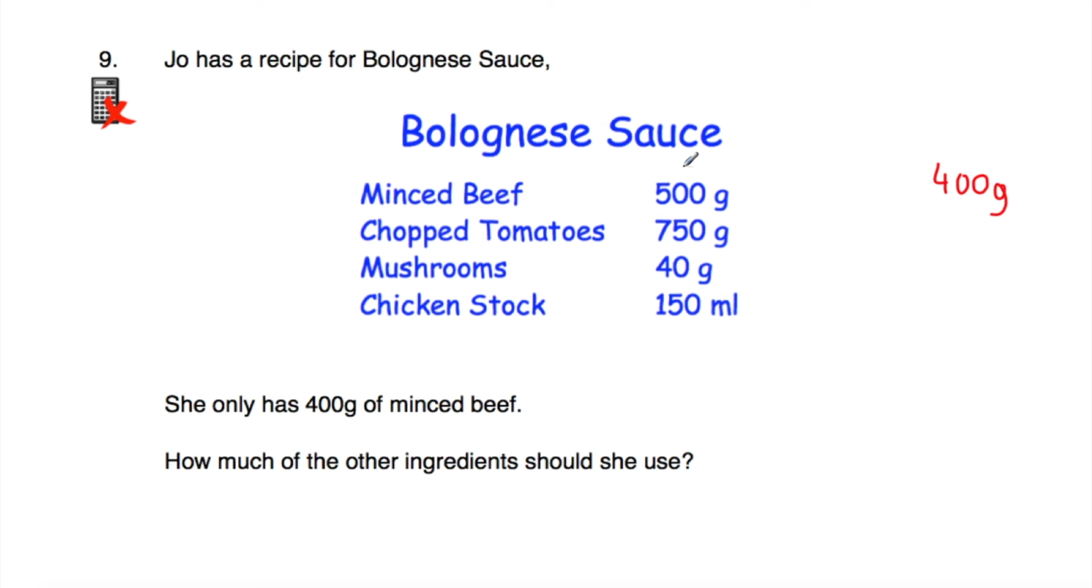So what I'm going to do is divide each of these by 5, because that'll tell us if we had 100 grams of minced beef, how much of the other ingredients she would need. So we're going to divide by 5 first of all, and that'll tell us if she has 100 grams of minced beef, how much of the